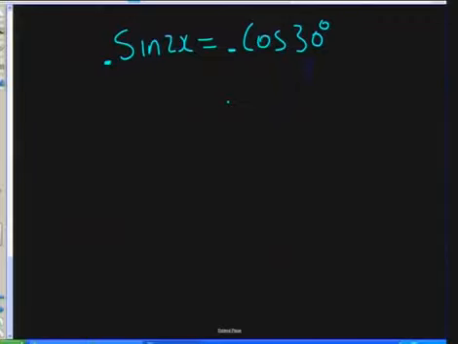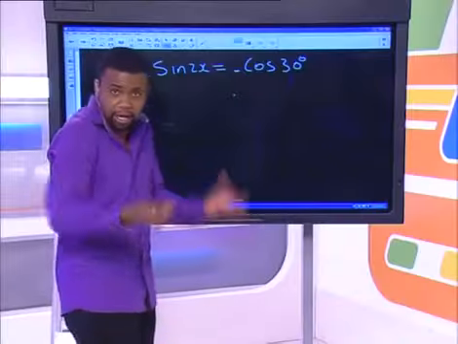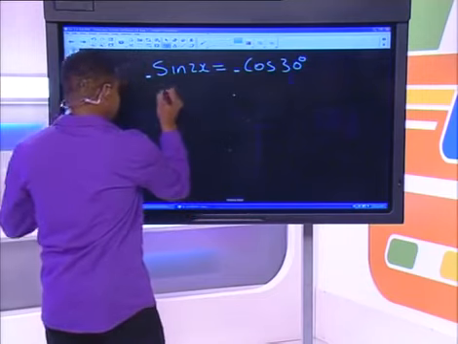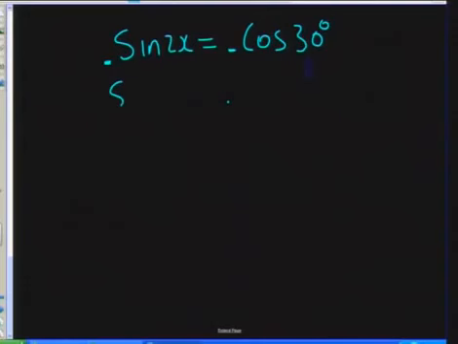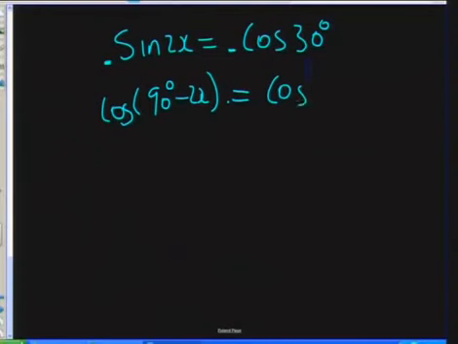I like working with cos because it's straightforward. You just plus minus the key angle, then you're done. So I can change this, sine of 2x, into cos of 90 degrees minus 2x is equals to cos 30 degrees. Okay. I can drop this. This is the same as that. Therefore, I have 90 degrees minus 2x